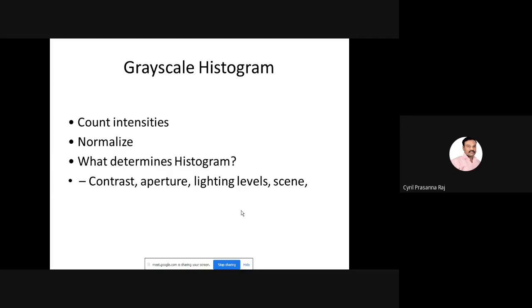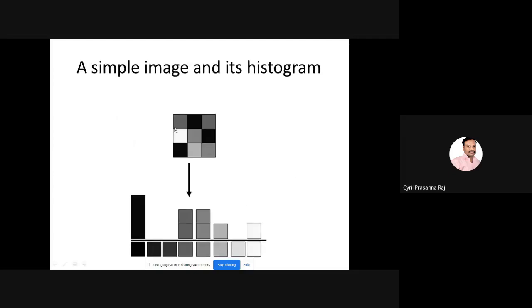Now let us take a simple image. This simple image is a 3x3 sub-image, wherein the first color is dark gray, black, again dark gray, white, again dark gray, black, black, again light gray, dark gray. So these are the various intensities of a simple 3x3 image.